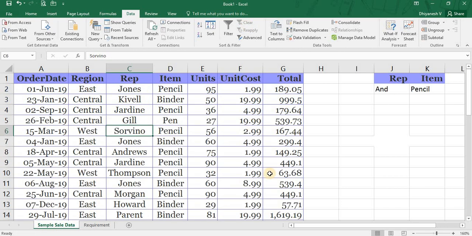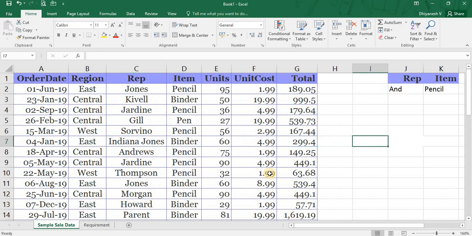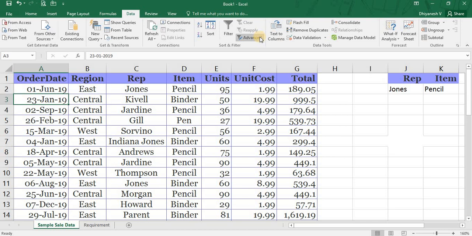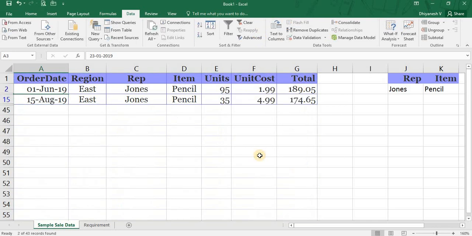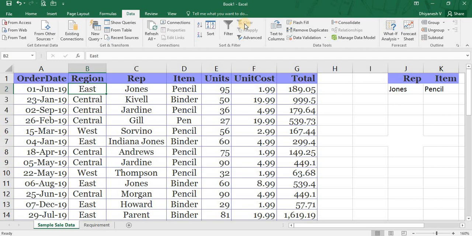But what if I know his last name but not his first name? Say I have Indiana Jones, who I think is familiar to anyone, but I know only that Jones is in the name. If I filter based on Jones, the advanced filter option will not work, or it will show only blank cells. I have other data with the name Jones, but I don't get the filter data for Indiana Jones. I want to see Indiana Jones's values also.